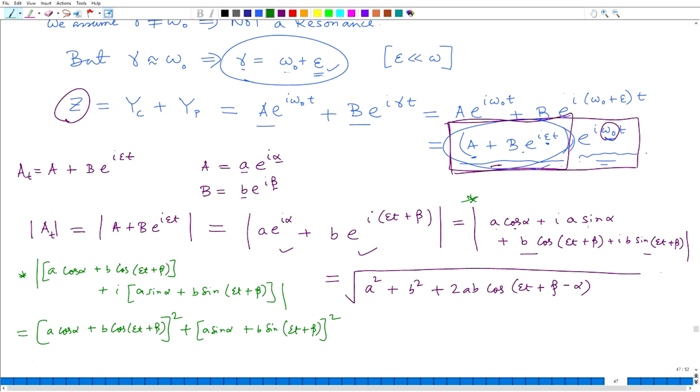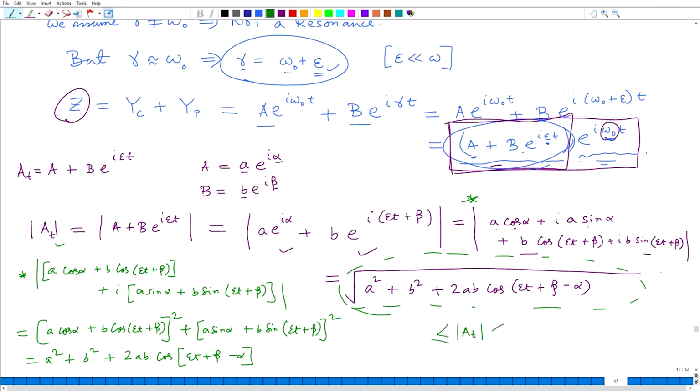Then if you do the calculation, you will have A square plus B square plus 2AB cos epsilon t plus beta minus alpha. Okay. This you can easily see. So, now if you have this, then what is the maximum and minimum value of this amplitude? Of course, one can easily understand that mod A total will then be running between